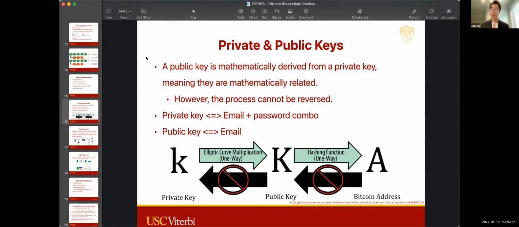So the public address is the hash of the public key. I don't know why Satoshi did it, but that's what it is, right? And you don't ask people for their public keys, you ask for their public addresses, right? So you can think of the private key as your email and password combo, where only you should know what it is. Whereas your public key, or I guess public address, is like your email that you tell everyone so they can